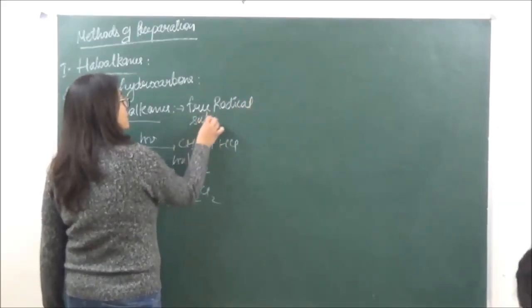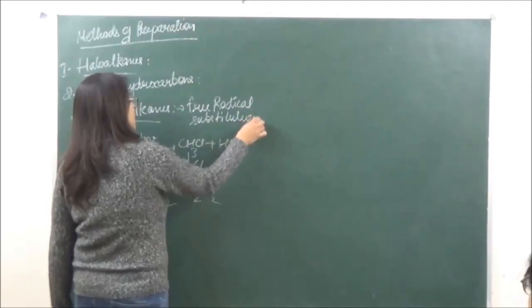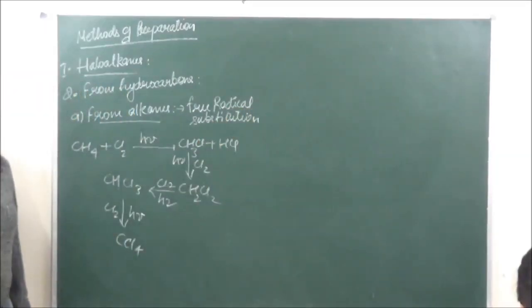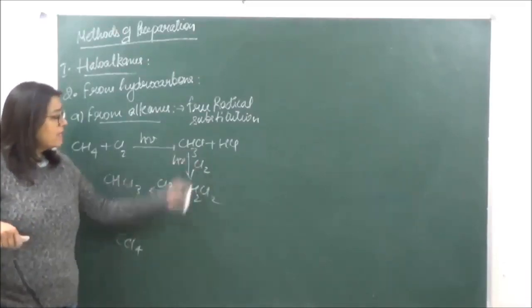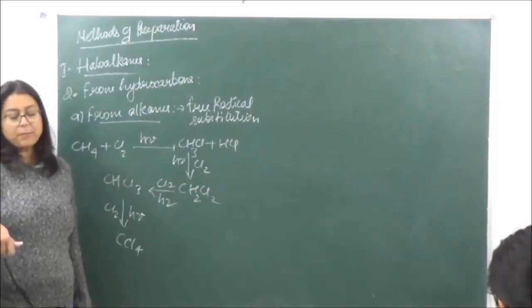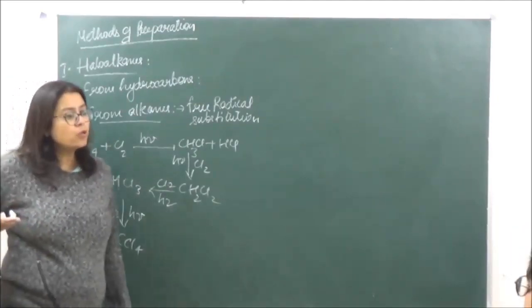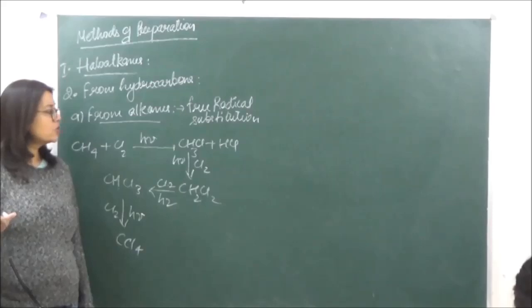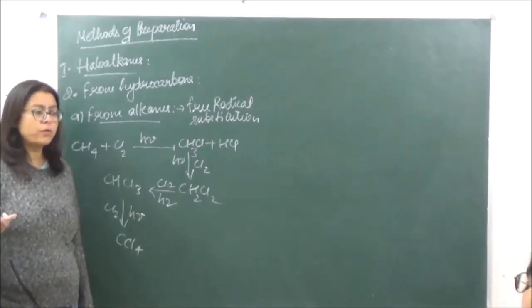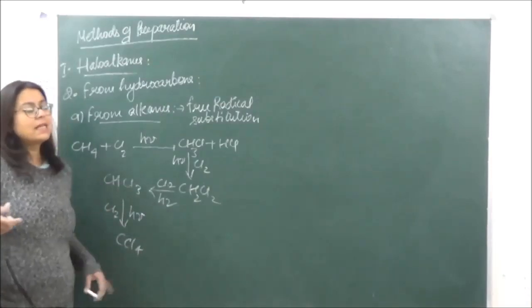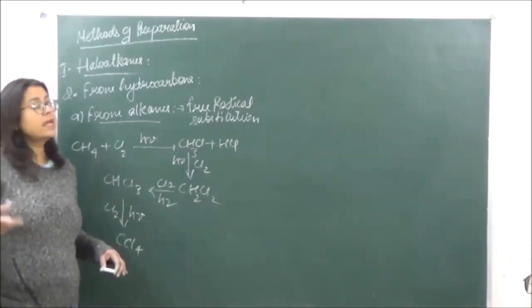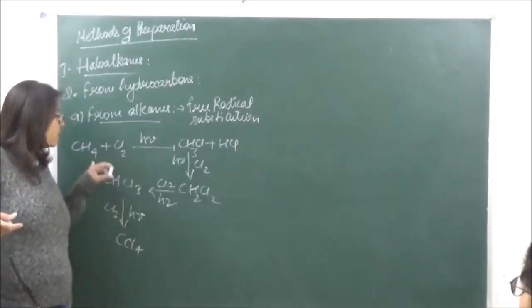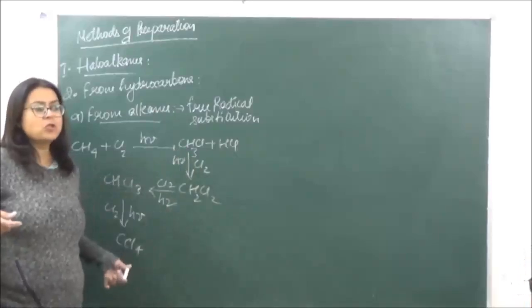Now the reaction over here, as I have already told you, is going to take place by free radical substitution mechanism. Okay? But still, when we are doing this reaction, this method is suitable in some places. For example, when you want to use the haloalkane as a solvent. If you are using it as a solvent, it is not essential that we have a pure solvent. So even if we have a mixture of all of these, that can be used. So in that case, if you're using the haloalkane as a solvent, we can prepare carbon tetrachloride by this method, or we can prepare CH3Cl by this method.